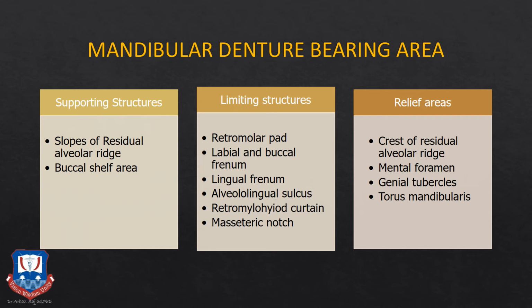Now coming to the mandibular anatomical landmarks of the denture bearing areas. Again, they are broadly classified into supporting, limiting and relief areas. In supporting structures, we have only two areas, that is the slopes of the residual alveolar ridge and the buccal shelf area. The limiting structures are the retromolar pad, labial and buccal frenum, labial and buccal vestibules, the alveolingual sulcus, the lingual frenum, the retromylohyoid curtain and the masseteric notch. In the relief areas, we have the crest of the residual ridge in the case of the mandible, the mental foramen, genial tubercle,